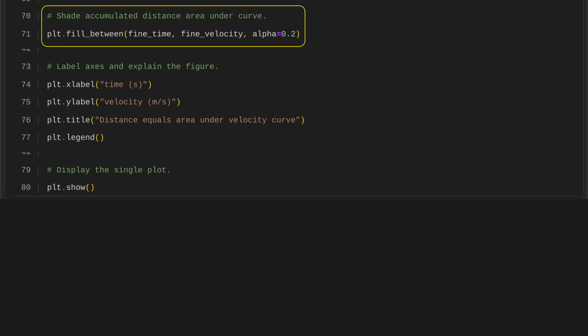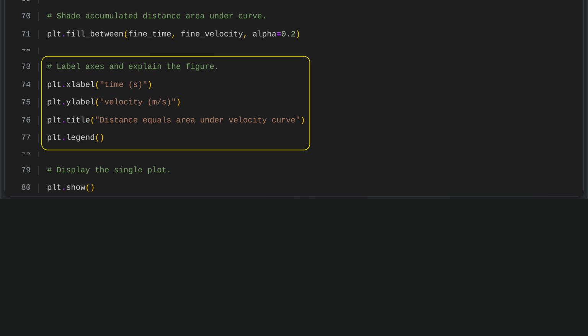The fill between function in Matplotlib shades the area under the velocity curve, showing the accumulated distance over time. A low transparency setting makes the shading subtle, so it remains easy to distinguish from the rest of the plot. Label the horizontal axis as time in seconds and the vertical axis as velocity in meters per second, so the